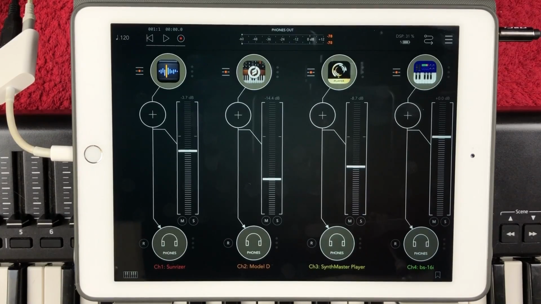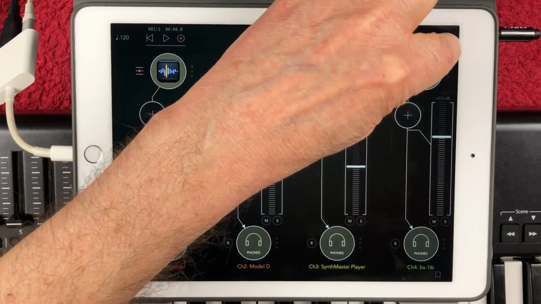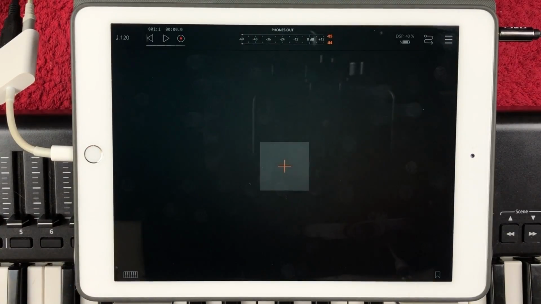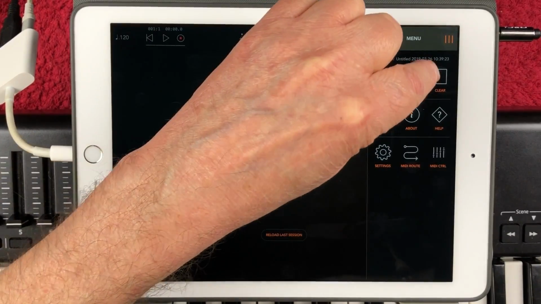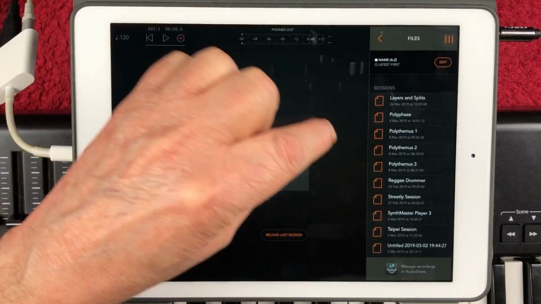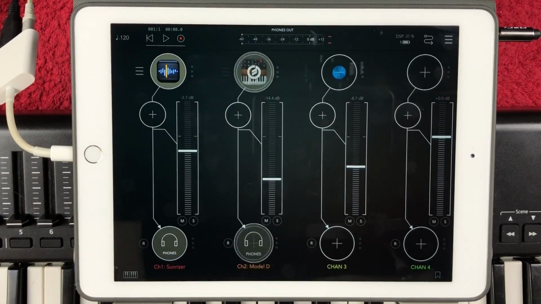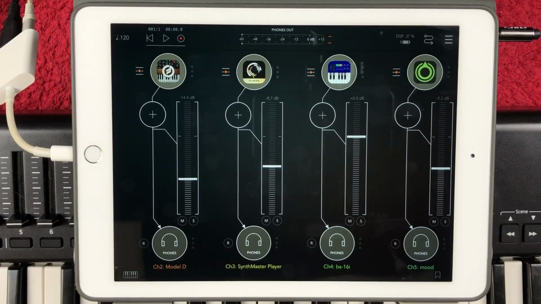Now, let's see if I clear this session now. Sometimes some of these won't load properly, but if I clear it now and then let's open up my session and just see what happens. So, there it is, layers and splits. So sometimes it should be pretty good. Okay, so